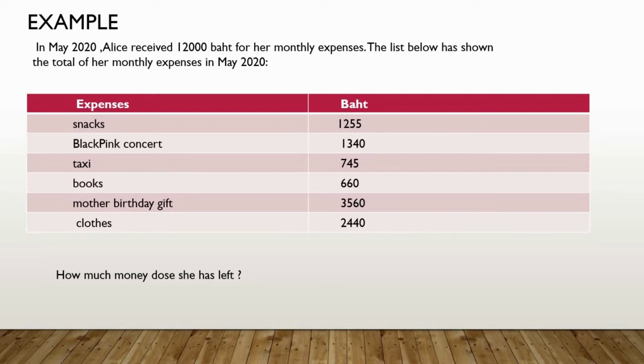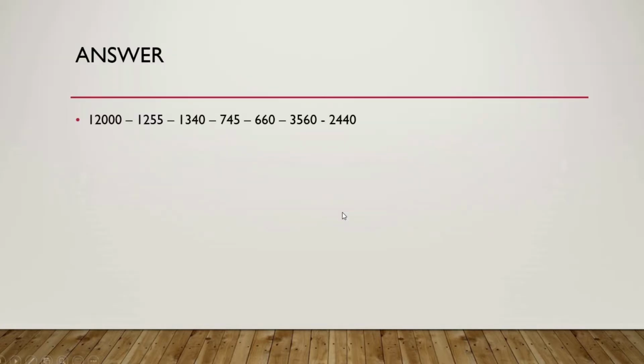Let's check your answer. So 12,000 minus 1,255 minus 1,340 minus 745 minus 660 minus 3,560 and minus 2,440. So I rewrite it as 12,000 minus